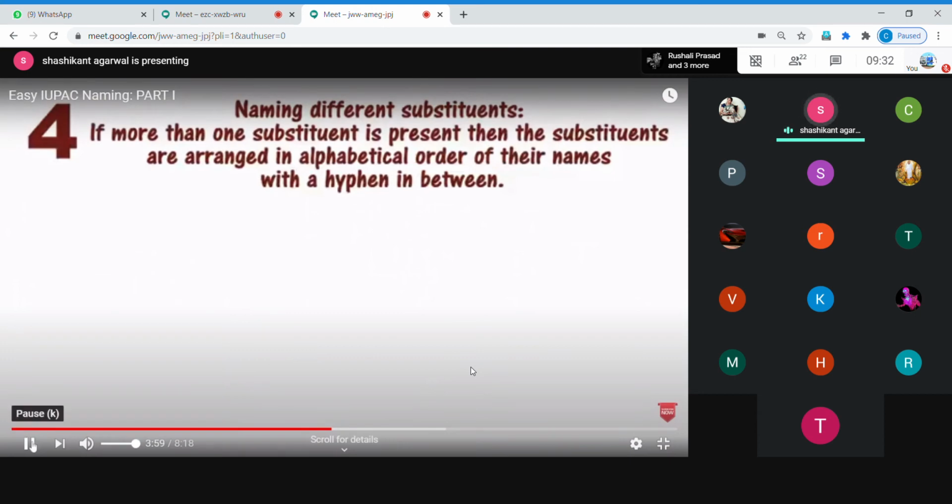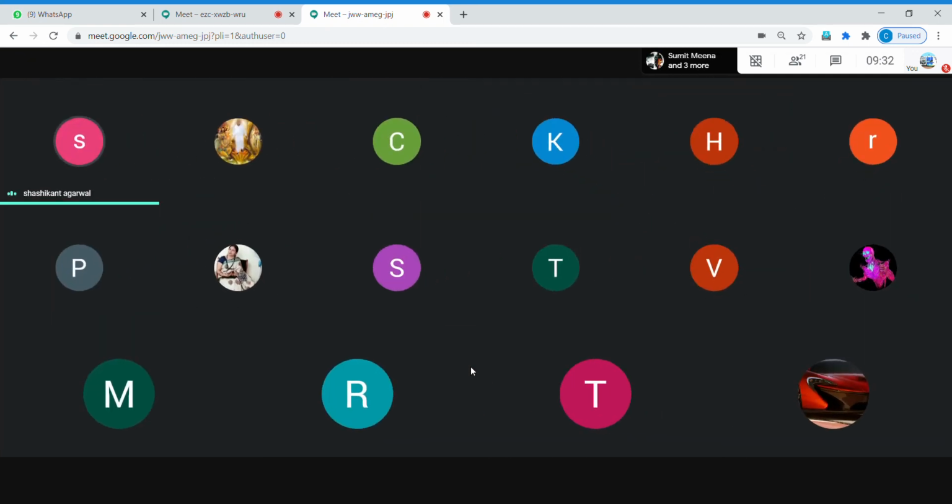Okay, I'll pause the slide over here, and now I just want to show you some MCQs based on this. I want a very interactive session so that all of you participate in this. Everybody will give me the answer. Everybody should participate and give me the answer.